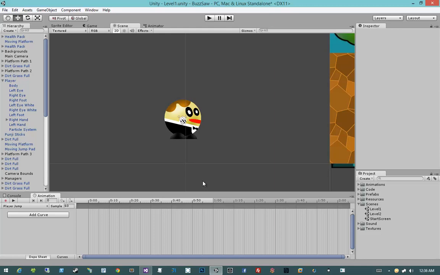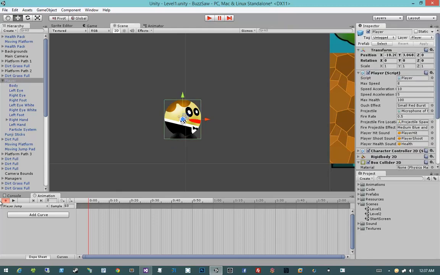Now the player jump animation, what I'm going to do is set up some initial state of the player jump. The initial state of the player jump is not actually going to be the same thing as the initial state of the player when he's looking like this. Instead, I'm going to extend out his arms and extend out his legs a little bit. So, making sure that I'm in recording mode and that I've scrubbed down to 0,